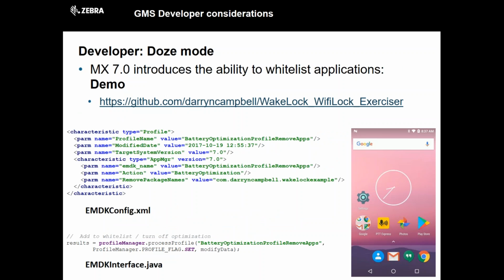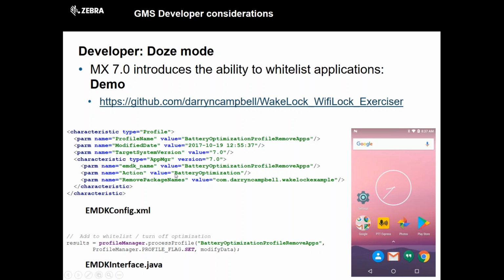So this demo example is my application I put together in conjunction with the previous blog post to show an application running in the background. Here, we're going to use the EMDK, which is the programmatic way of accessing our MX value add layer. And we're going to use